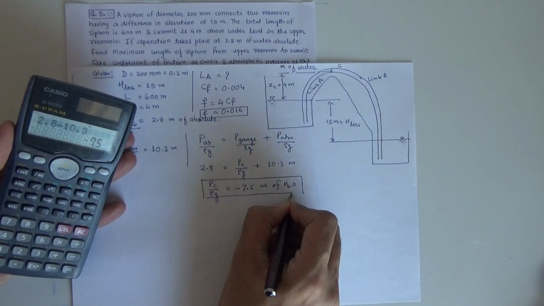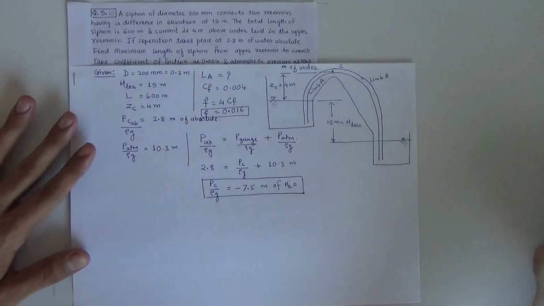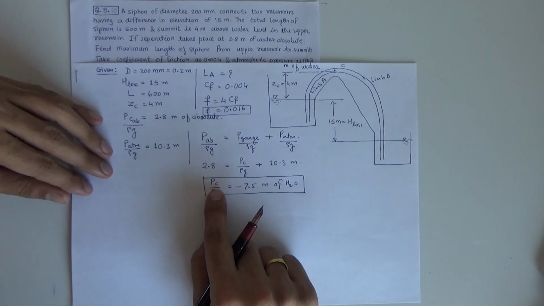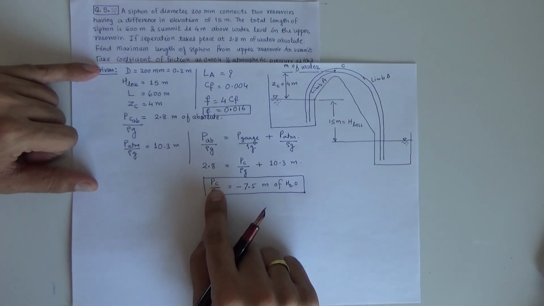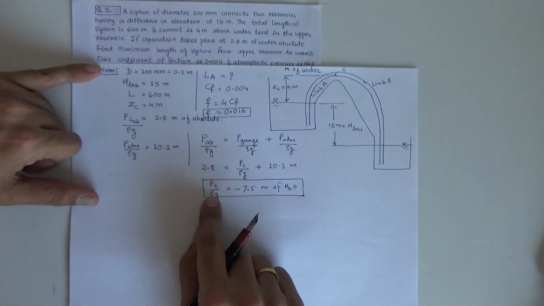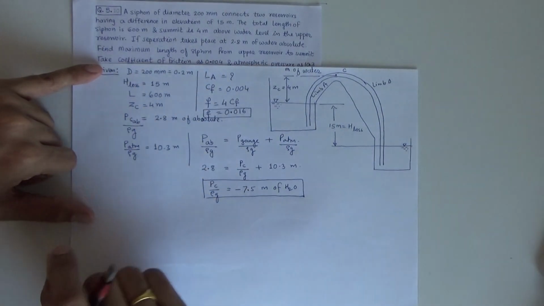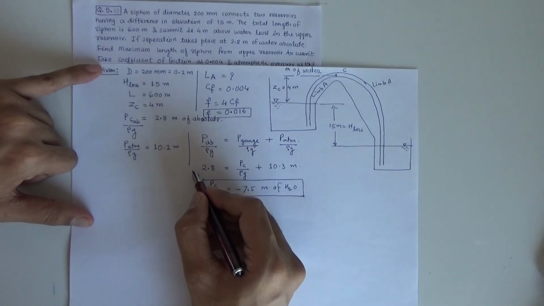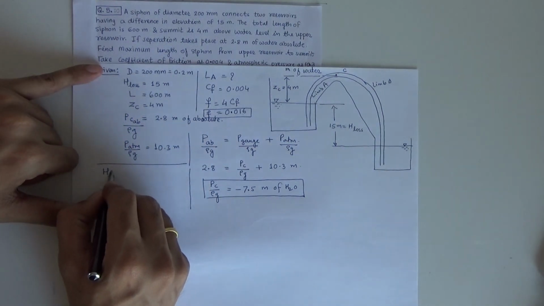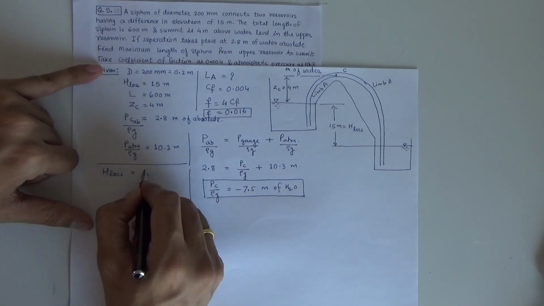We will need this in Bernoulli's equation to obtain the other quantities. In some of the questions they ask you to find this with the use of Bernoulli's equation. Now they are asking us to find the length of the pipe using the pressure. So if you use Bernoulli's equation, you will get that. Now the remaining part is to find the discharge and velocity. For that purpose you can use the H loss equation as we have used in the previous question,